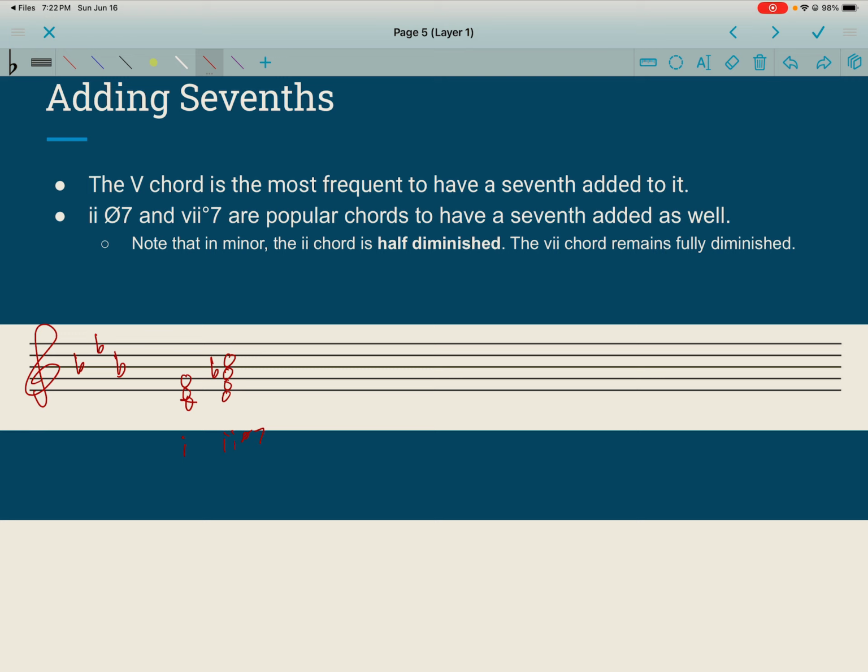flat, and a C. We know that that's that minor 7th there. That makes that half diminished. We have E flat, G, B flat, which is our major 3. We have a 4, F, A flat, C, right? And then we have a 5 chord, which is another one that is very common to have a 7th added. I'm going to raise the 7th of my